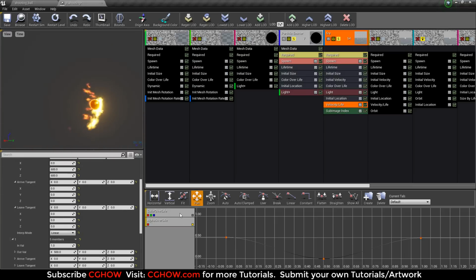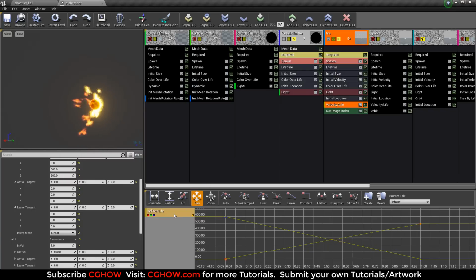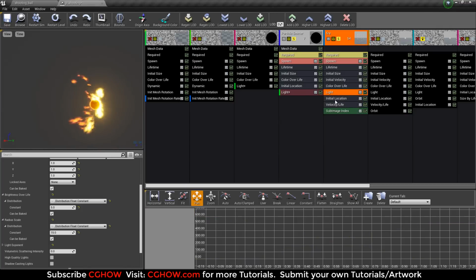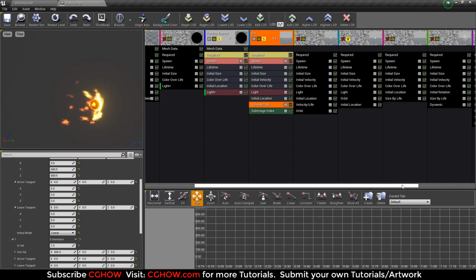So I am just using my curve like this. Okay, and I am also using light initial location because I wanted to put my fire on target. And